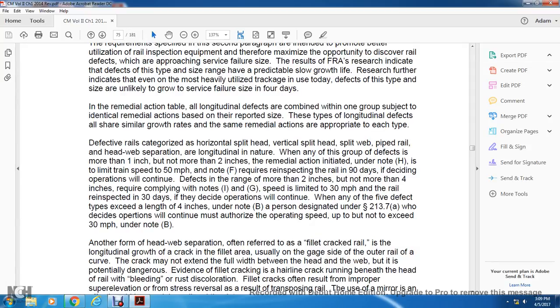For remedial action, the longitudinal defects are combined into one group subject to identical remedial actions based on the reported size of the defect. These longitudinal defects also share similar growth rates and the same remedial actions, as appropriate to each of the types of defective rail: horizontal split web, vertical split head, split web, piped rail, and head web separation, all longitudinal in nature. When the length of the group of defects is more than 1 inch but not more than 2 inches, the